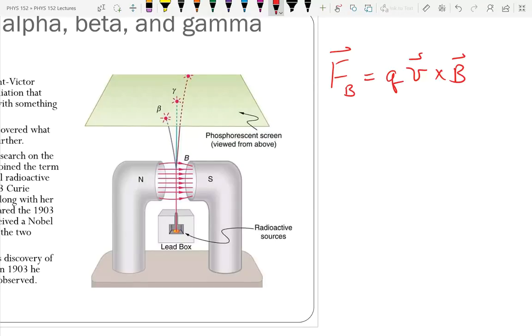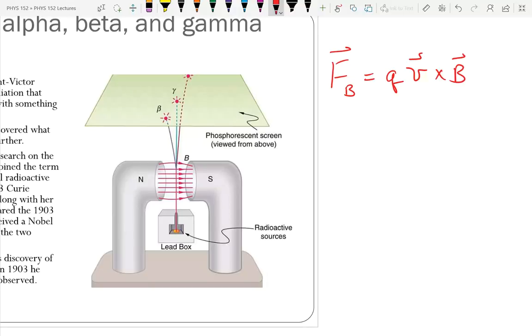So you take your right hand, put your index finger in the direction of the velocity. In my picture, that's up. Put your middle finger in the direction of the magnetic field. So in our picture, that is to your right. And my thumb points, okay, in that picture, the dots are coming closer to us and farther away from us, apparently. So in that picture, I would have a force into the page if Q is positive. But if Q is negative, it's going to reverse the direction of the force.